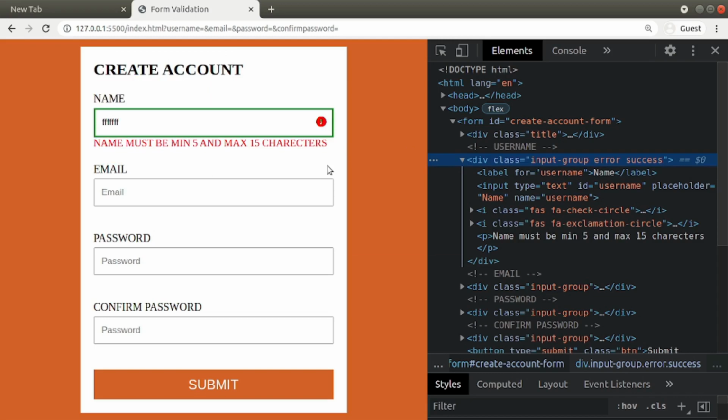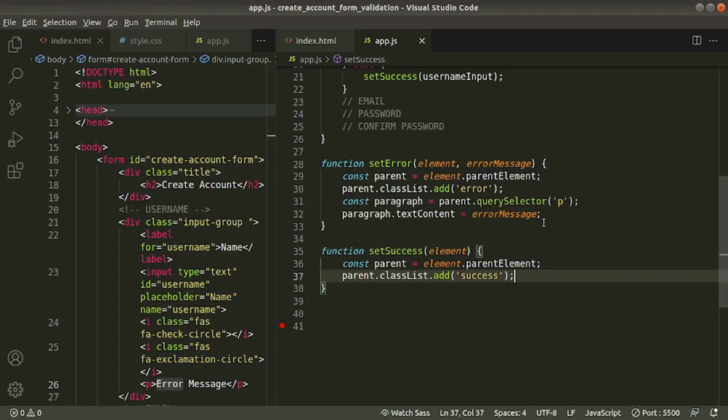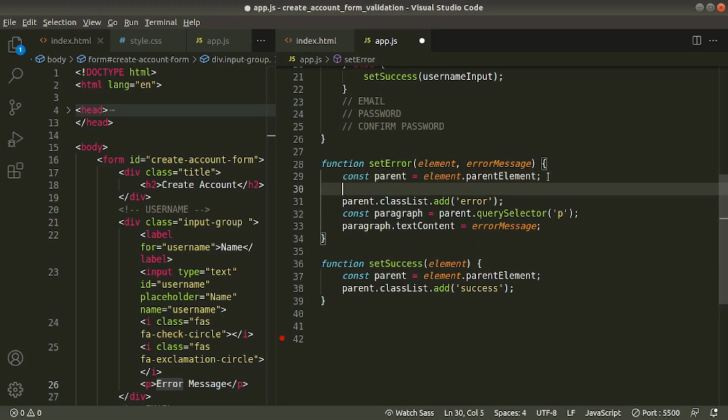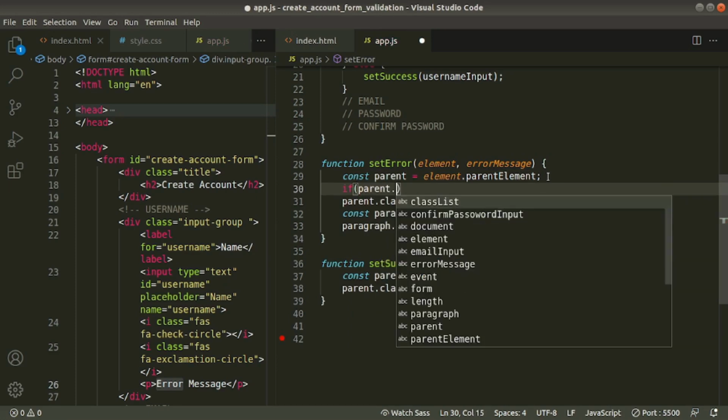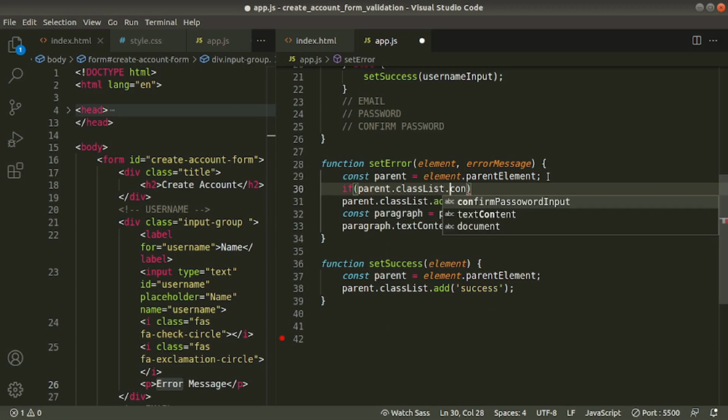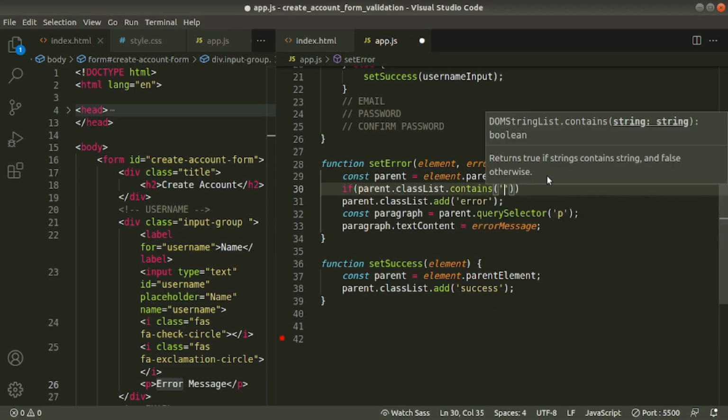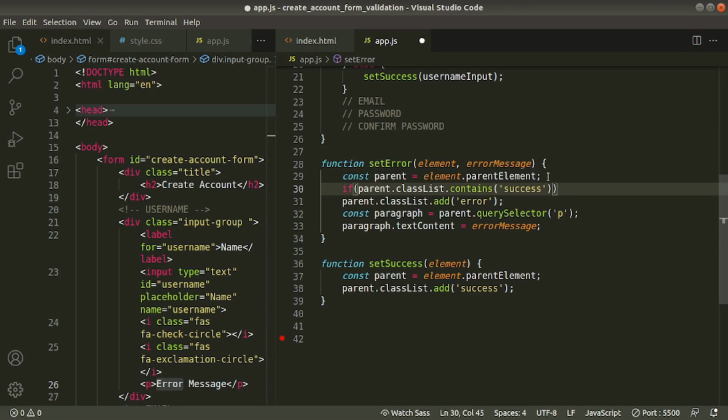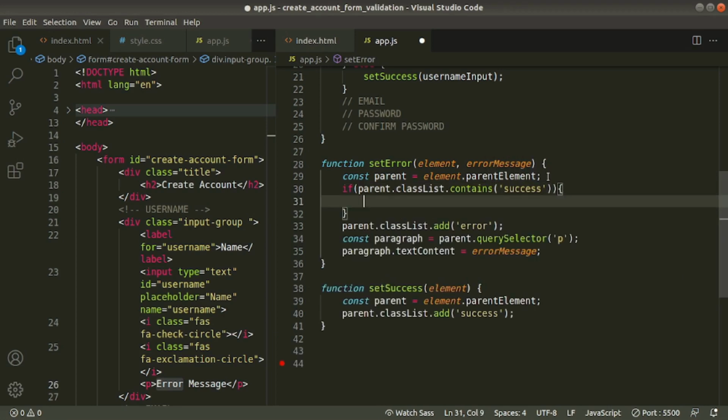Go to editor. Here first, before we add success class or error class, we'll check if parent dot class list dot contains is the method. Which class? Success this time. If parent contains success class, then we want to remove it because we want to add error class.